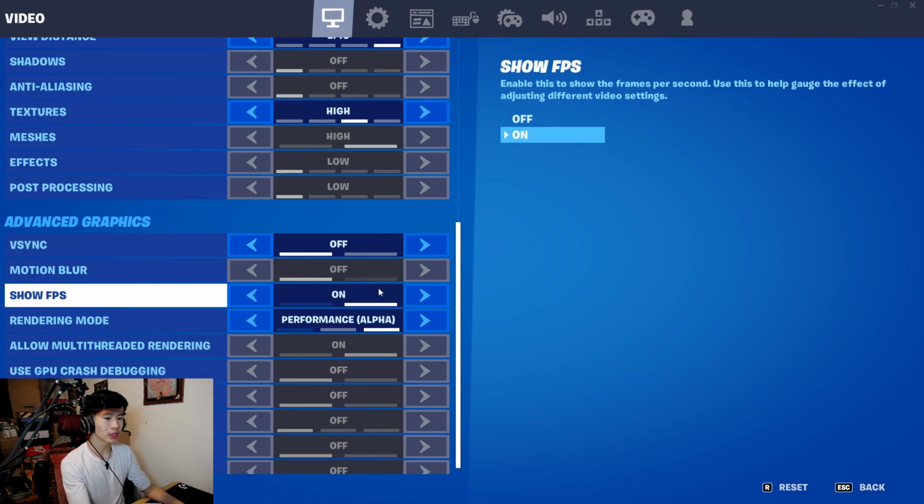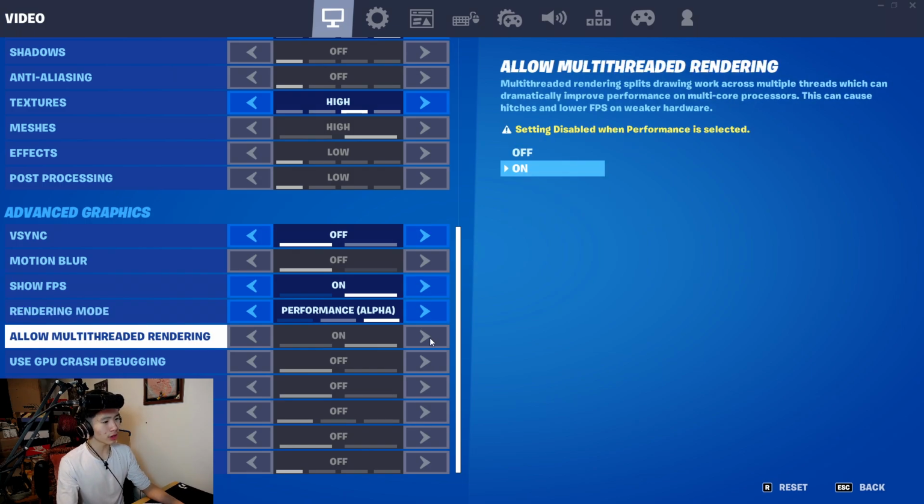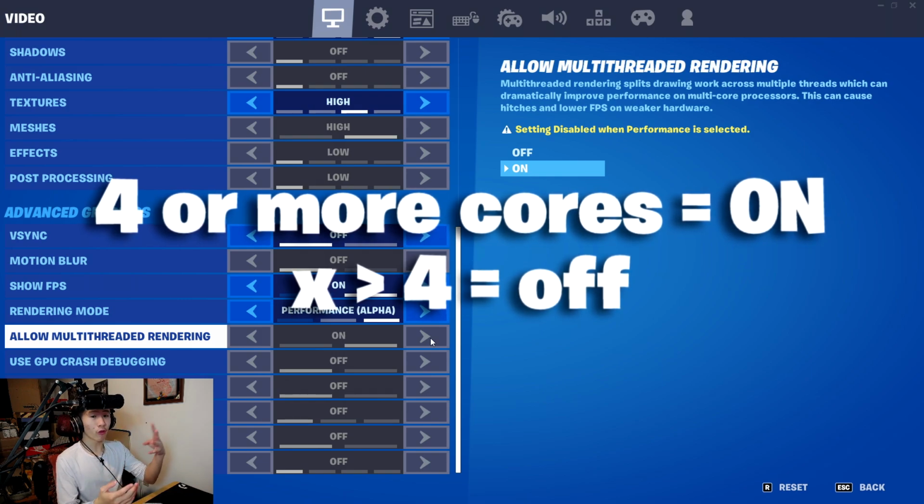Alright, you just don't want that. Show FPS is up to you. Allow multi-thread rendering. If you're on DX12 or DX11, generally you want that if you have 4 or more CPU